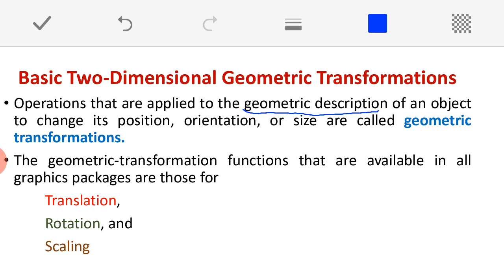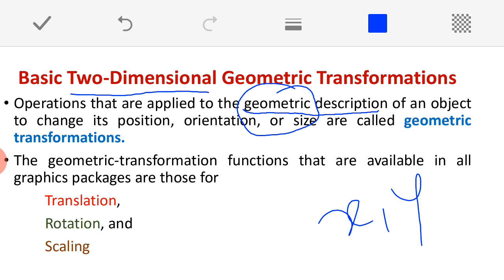It is very simple. Objects are made of primitives. What are primitives here? Line, triangle, polygon, all these are called primitives, where every primitive is made up of a set of vertices, and every single vertex is described with respect to a geometric position. That position is with respect to what? X comma y, especially in the case of two-dimensional.